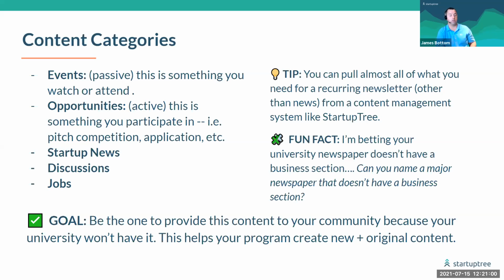And usually I find for the largest events that we run, opportunities and events go hand in hand. So I'll give you, for instance, if you're doing a demo day where you have a pitch competition in it, you might have an application for the companies that want to exhibit there. So you might write an application for startups to participate, and then you might write a different pitch competition, and those would happen about 4 to 6 weeks out before a major event, maybe a little bit longer depending on what it is. But if I'm doing an event and I'm looking for attendees that are passively going to be attending, the bulk of the registrations are going to come about 2 weeks before.